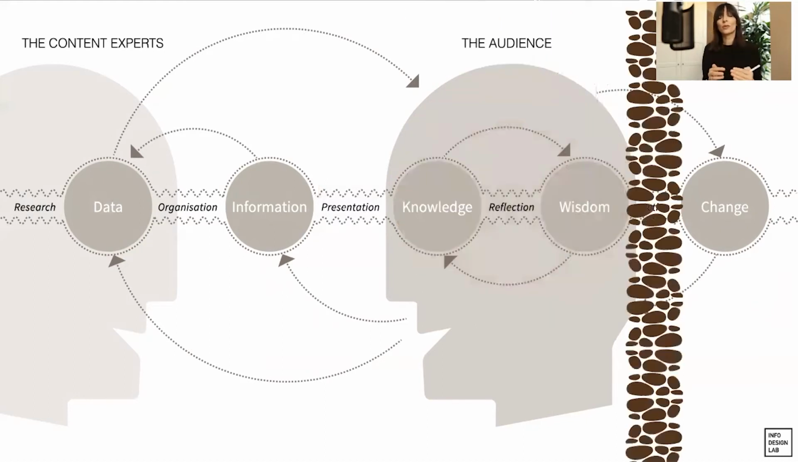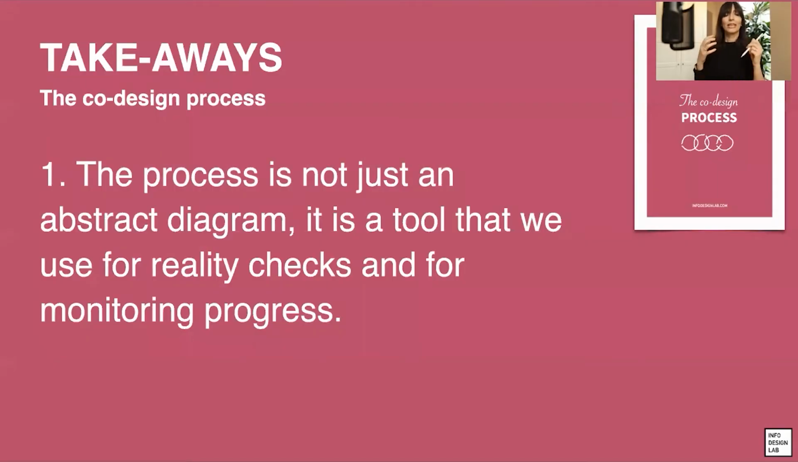And fourth, because even if the information is communicated properly, even if we understand it, even if we make the right decisions, we might not be able to act because there are barriers out there that prevent us from doing so. So takeaways. The co-design process is very important because the process is not just an abstract diagram,